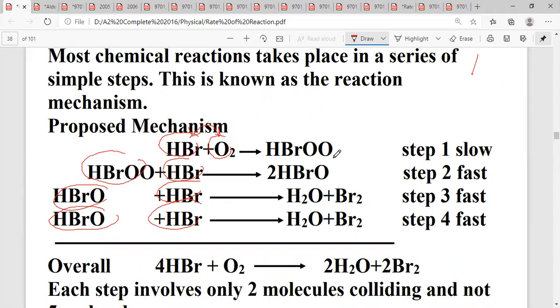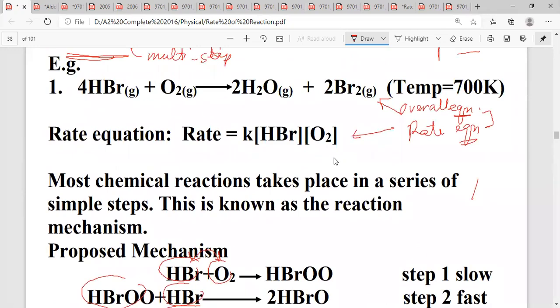Now this is the proposed mechanism. Here we're going backwards. The proposed mechanism is that, first of all, remember this one here is HBr, hydrogen bromide. Four of them and four molecules in one molecule. Now, five molecules can't meet together at the same time for every reaction, no. So something must be happening with two meeting each other first. It can be HBr and O2, and O2 and O2. These are the possibilities. So they say, well,